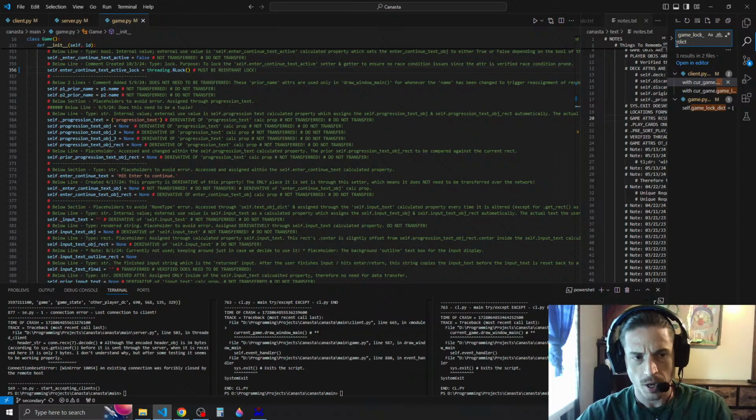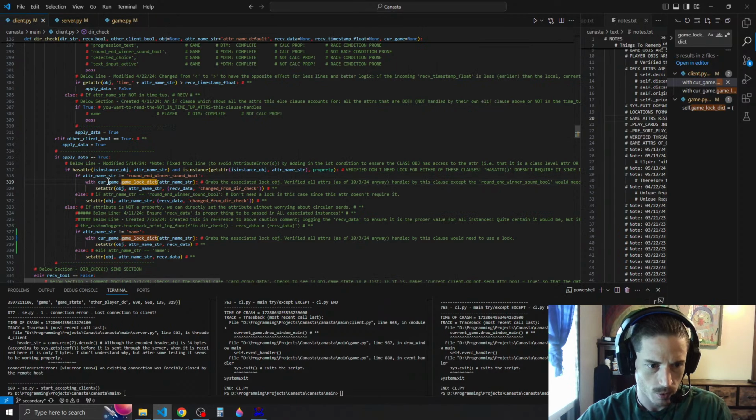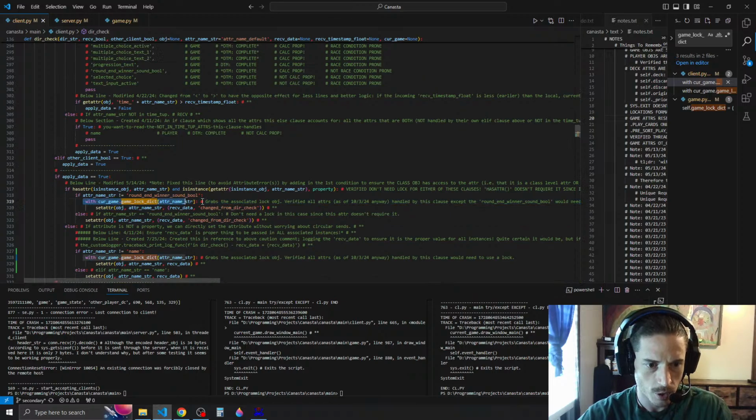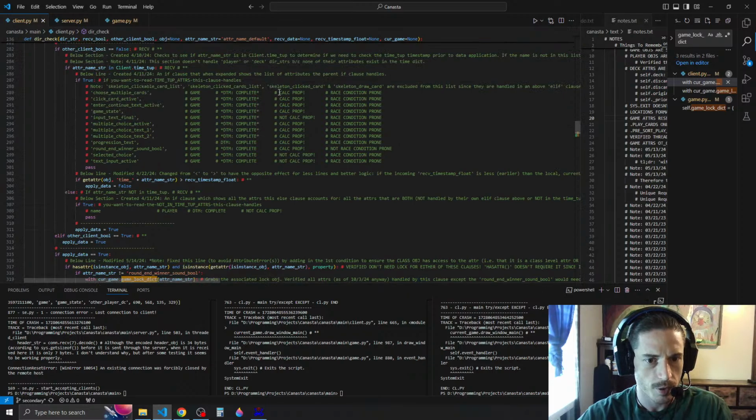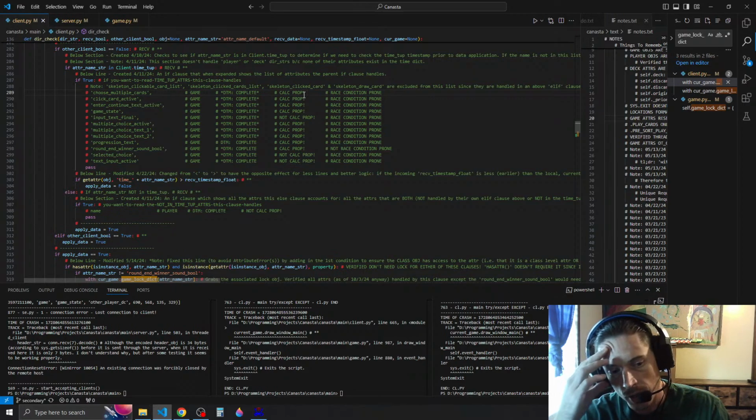And that means that all of the locks associated with this clause right here need to be reentrant locks, which means all of them that are calculated properties, because whenever we set them,